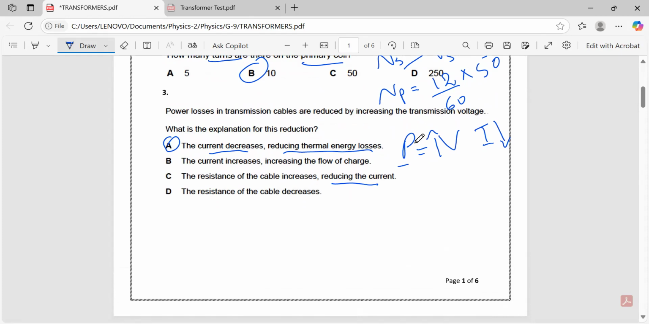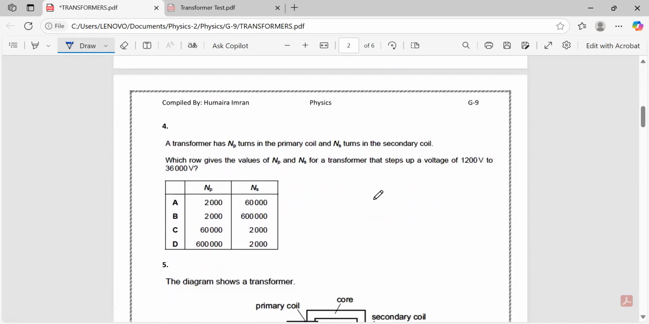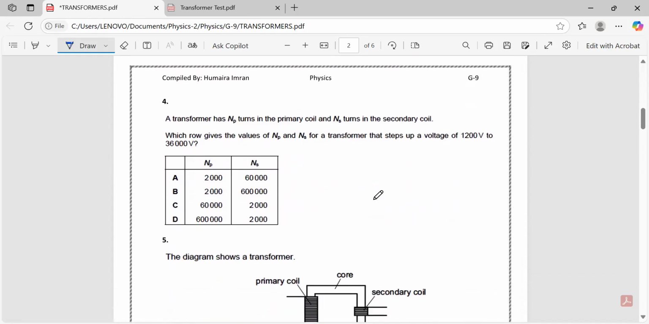If we are providing the power generated in the power station, and we increase the voltage by using the step-up transformer, we are actually reducing the value of current, which in turn gives us less thermal energy loss, and this is the factor which is needed here. Okay, the next question is a transformer has NP turns in the primary coil and NS